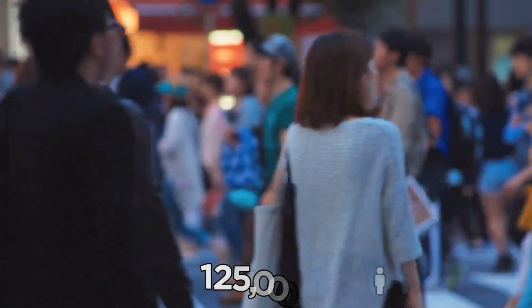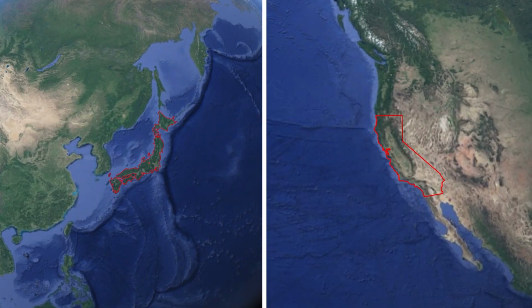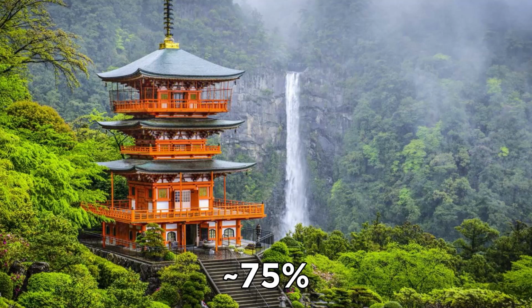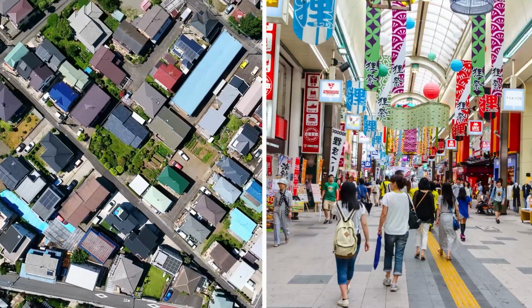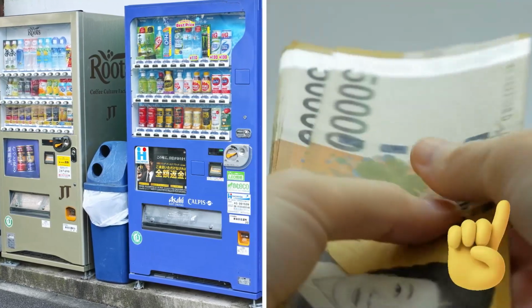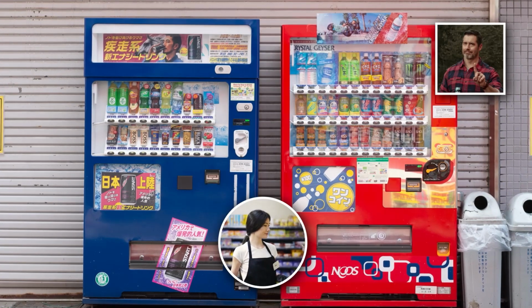With a population of 125 million people and a country roughly the size of California, Japan is one of the most densely populated countries on the planet. Not only that, but around 75% of Japan's terrain is mountainous and uninhabitable, meaning real estate prices in urban areas are sky high, including retail spaces. So street vending machines are a clever solution for Japanese consumer companies looking to sell goods without having to pay extortionate rent rates for a whole store. Plus, there's the added money saver of not having to pay employees to run a store, save for the machine's